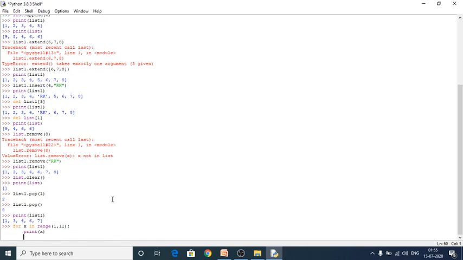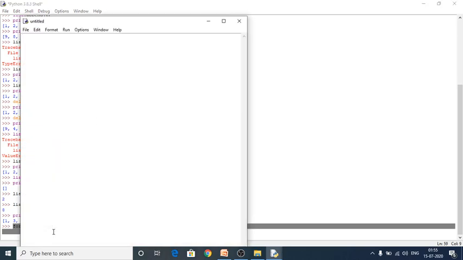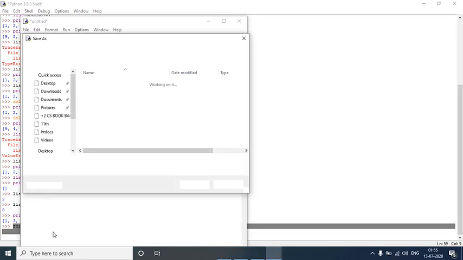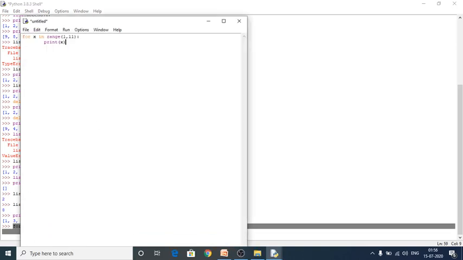So to do this, yes, control V and control S, range dot py.